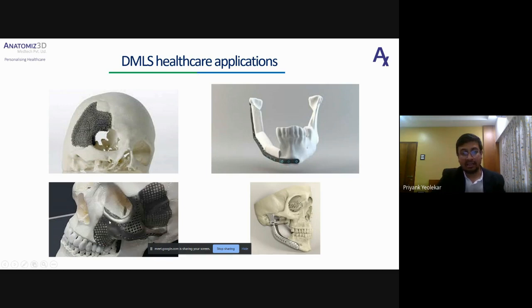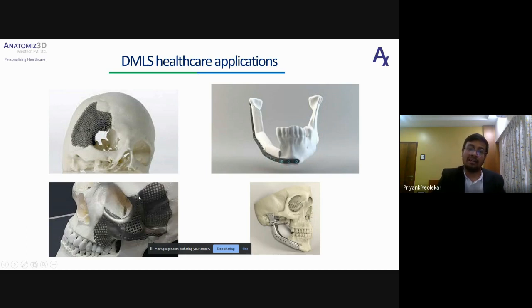As you can see here on the bottom left-hand side, some part of the implant is fully solid, with no holes, but at other parts there will be holes.